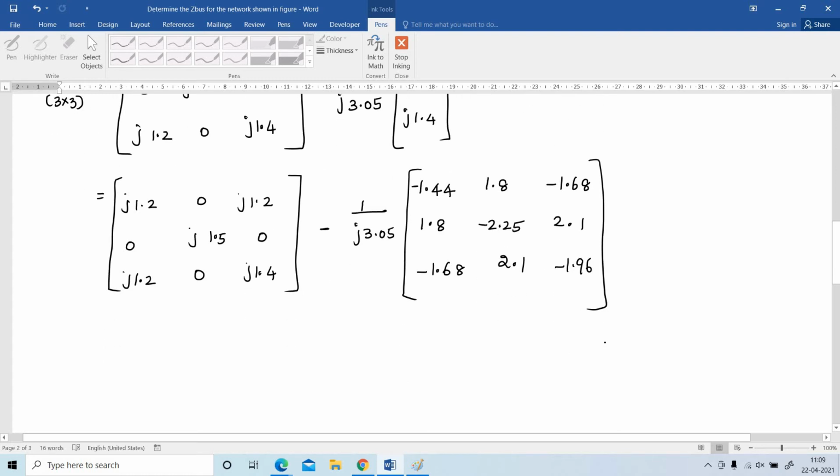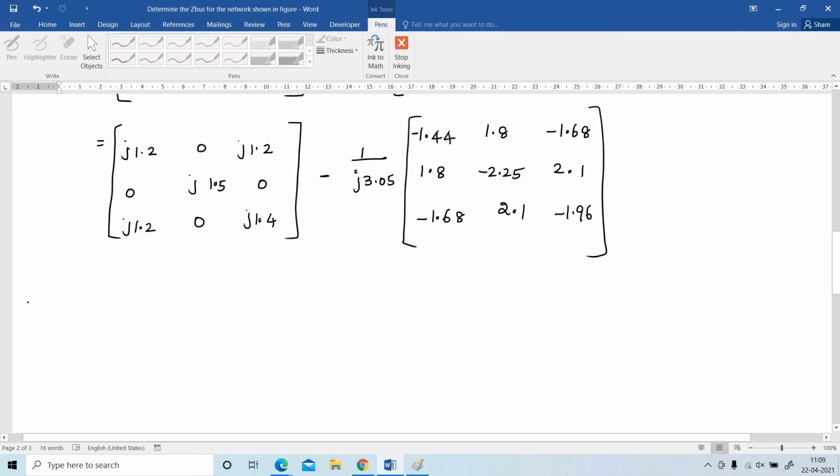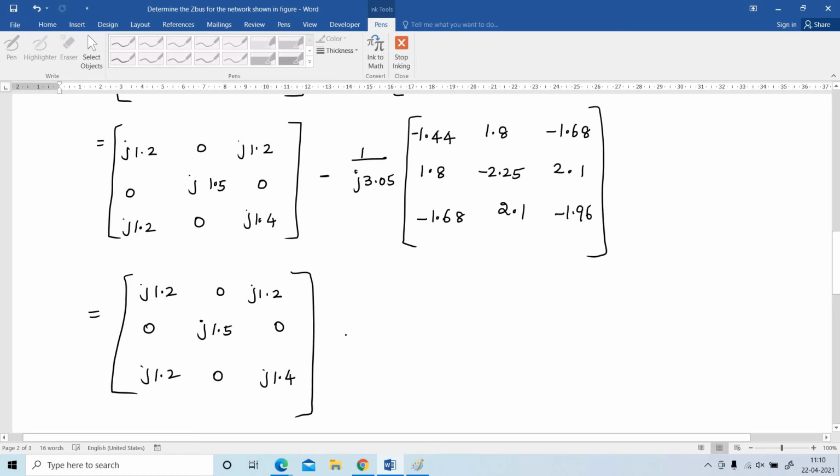Okay, next I have to divide the matrix by J 3.05. Once again have to write this. J 1.2, 0, J 1.2, 0, J 1.5, 0, J 1.2, 0, J 1.4. Next I have to divide it with J 3.05. So the new value is 1 by J, means that is minus J. So minus J into minus, that is plus. Now J